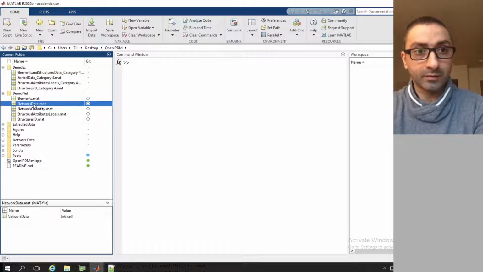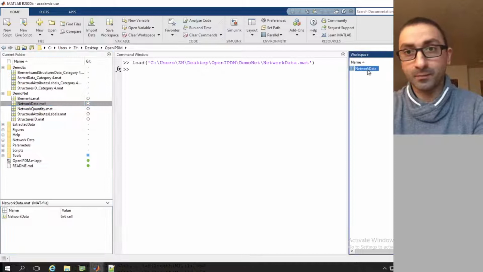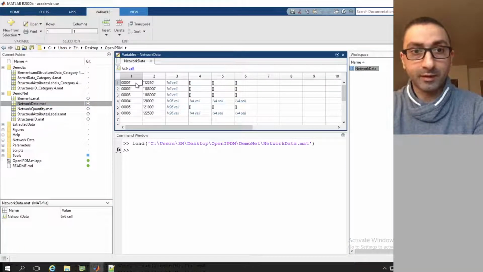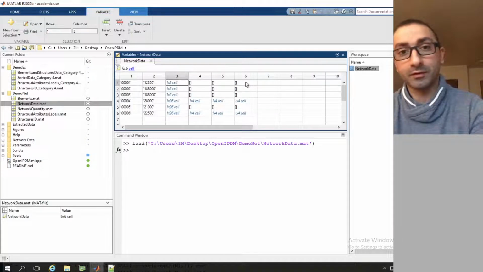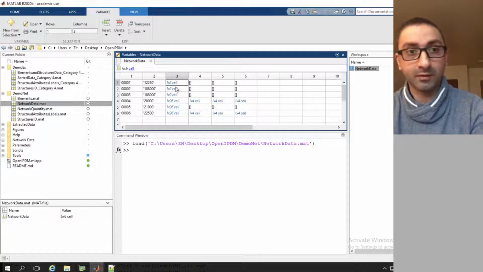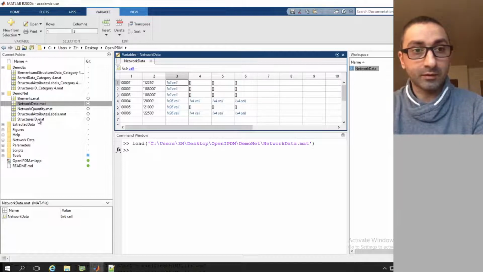If we double click on network data, we can see that we have the structure ID, we have one of the columns, the DGMA, and we have the structural categories in each bridge. Because we selected 4 specific structural categories,